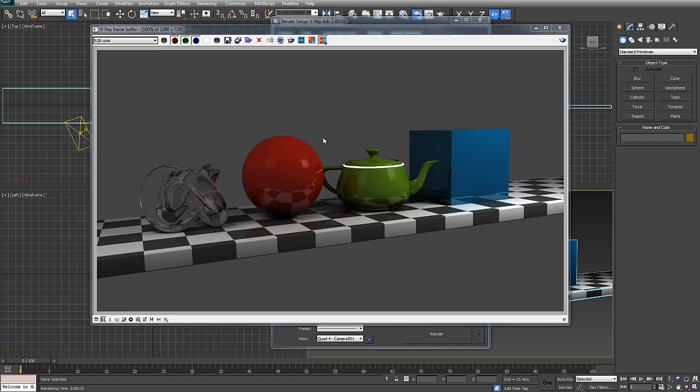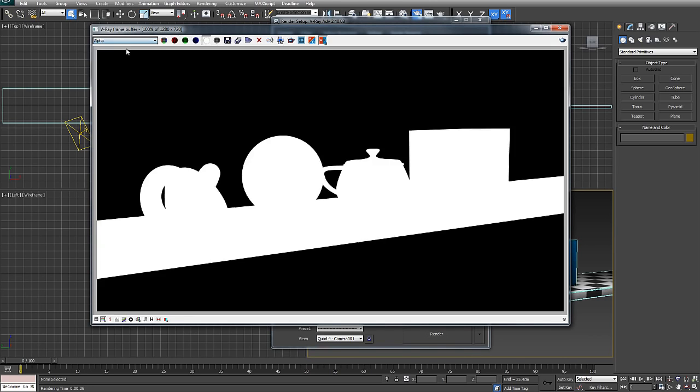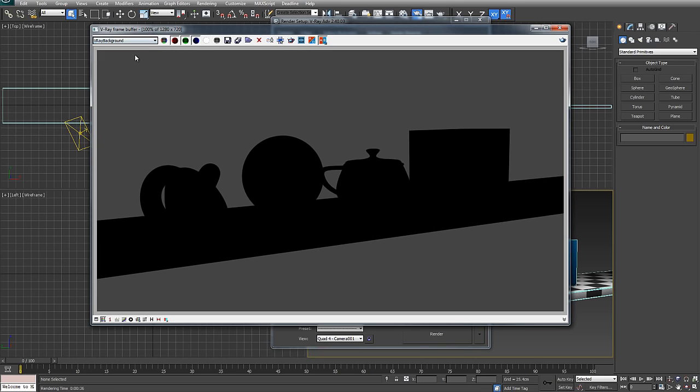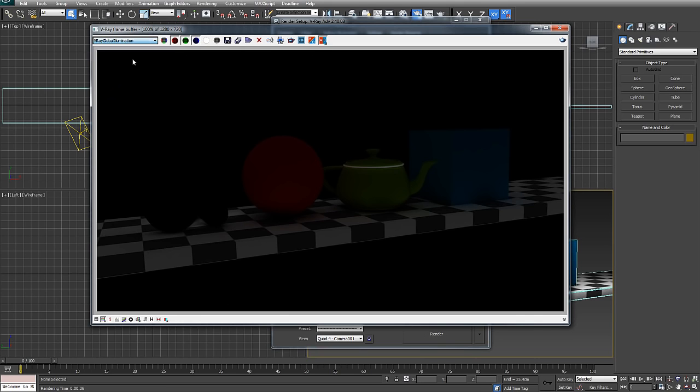So here's our render, and it doesn't look any different to our previous render, and as you can see the RGB looks exactly the same. But in our drop-down list we have a lot more channels, and if we take a look, we've got our alpha channel, here's our background, we've got global illumination, we've got lighting,